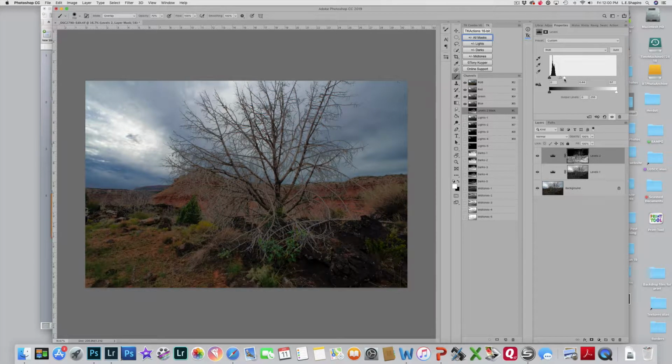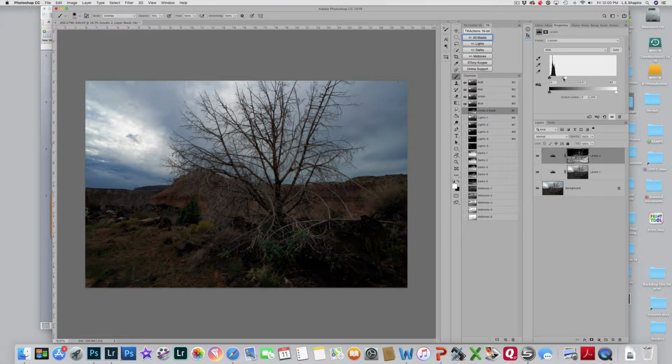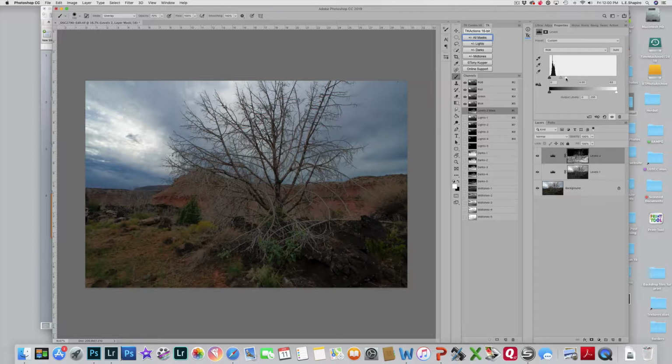And because this is a tough one, because you don't want to wash out the dark areas. Let's give myself a little bit more space here, and that looks pretty good. Okay, now